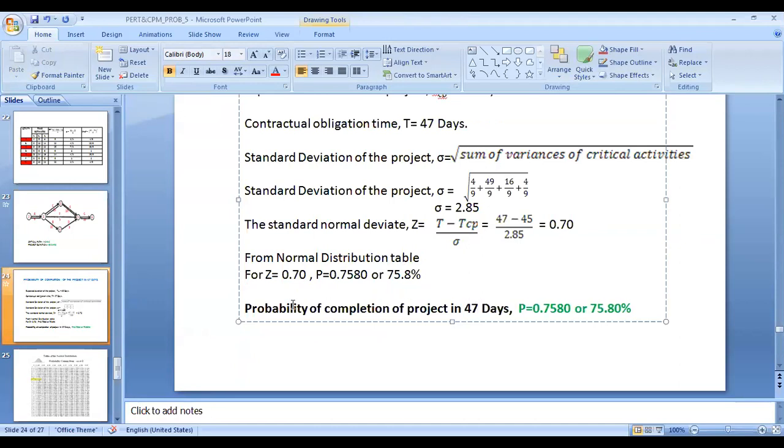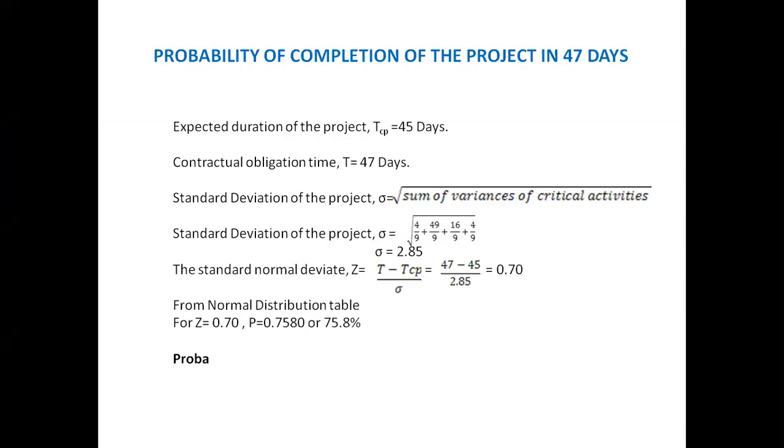So it is 47. The probability of completion of the project on the 47th day is 75.80% or 0.7580. Please go through this problem once again and try to solve some more problems on your own from the